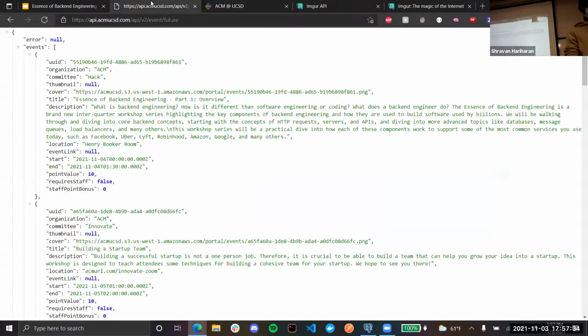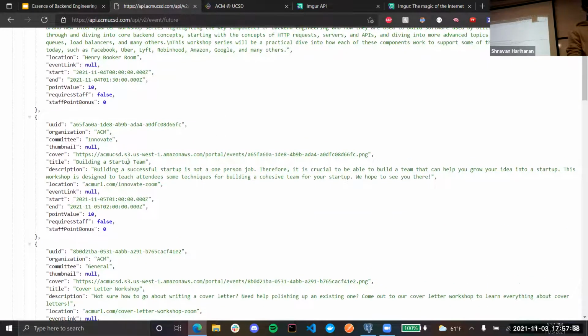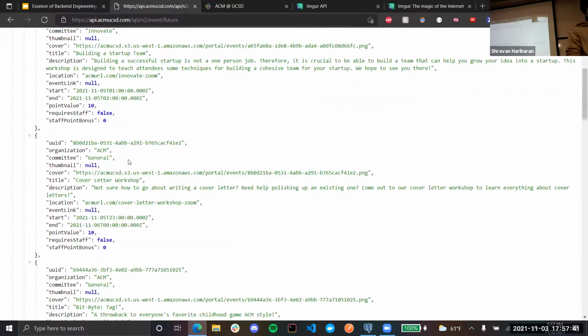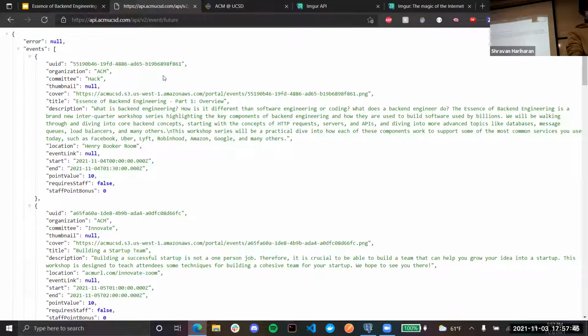So yeah, we can scroll through this a little bit, right? You can see ACM Innovate has an event, building a startup team, right? These are all events, right? So here I can get all events, but let's say I want to get